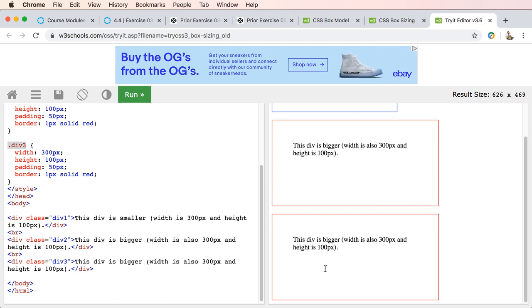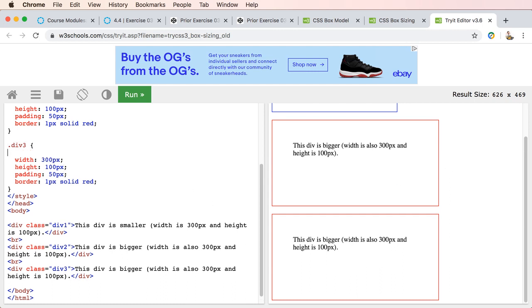Okay, so again, this is the traditional approach of the CSS box model, where the content, the padding, the border, and the margin are all added up to get a new total width or height. All right, so what we're going to do is use what is called box sizing. So here on div3, I'm just going to drop down and space over, and we're going to add the property box sizing colon, and our property value is border box